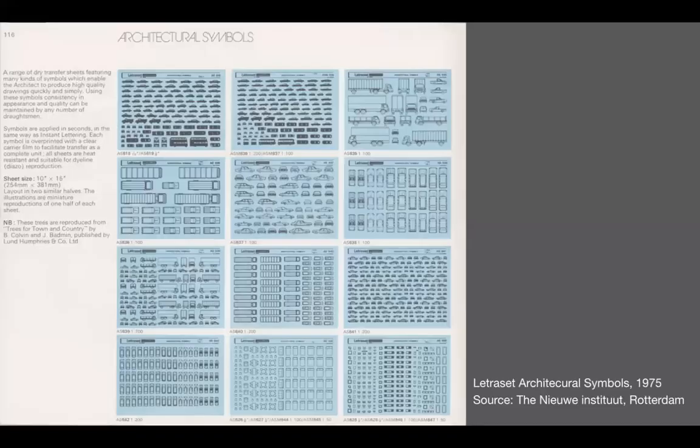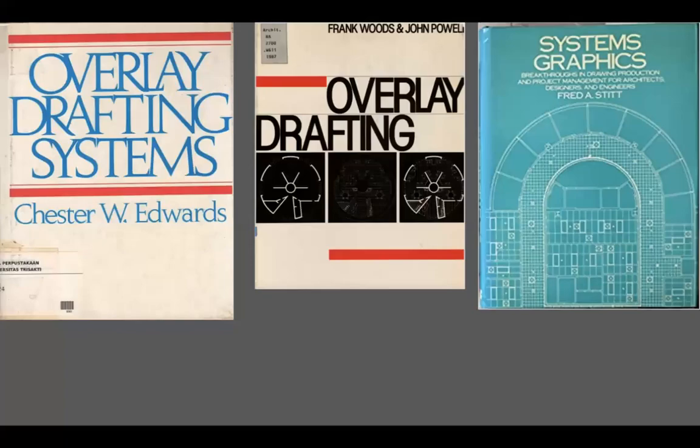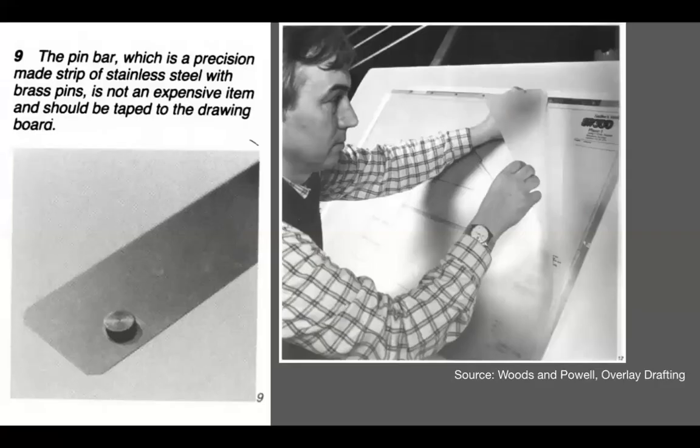And this depended on, of course, introducing symbols like these as ready-made elements that could be used in drawings in order to avoid the repetition of various details. Instead, you apply them in multiple places. They also depend on the use of mylar films during these years. Companies like DuPont and whatnot are introducing this and codifying some of the technologies for these overlay processes, where we see the use of these multiple mylar films and the infrastructure of the pin bar to keep those drawings registered,